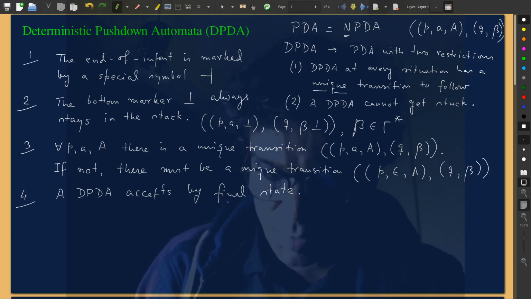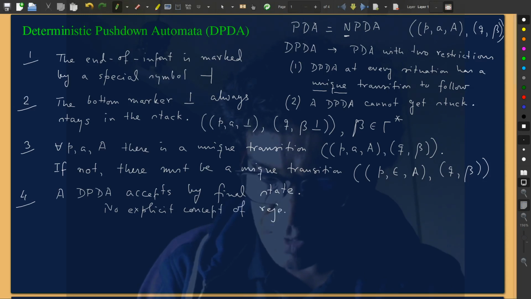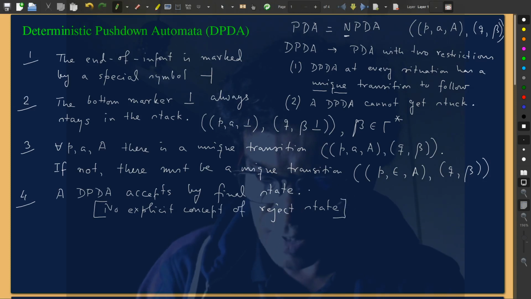And that's an important thing. A DPDA accepts by final state because the stack is never empty. But there is no explicit concept of something called a reject state. And we will later see that this makes a problem, and we need to consider this, something called a reject state. But anyway, a DPDA accepts by final state, but that means